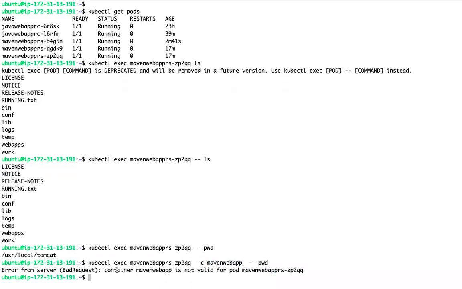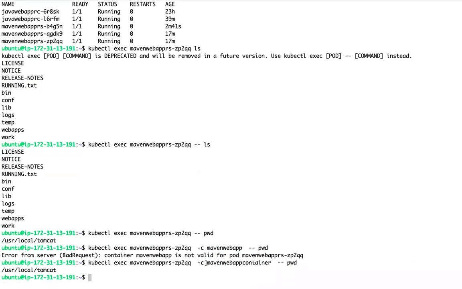What is it saying? Maven web app is not valid for this pod. I don't have a container with this name. So I have a container name that is something like this. If your pod has more than one container, you can use this option while executing kubectl logs or while executing kubectl exec.